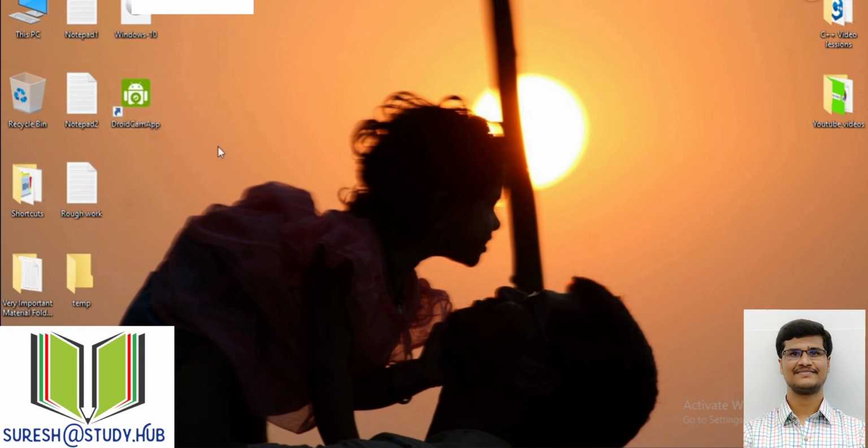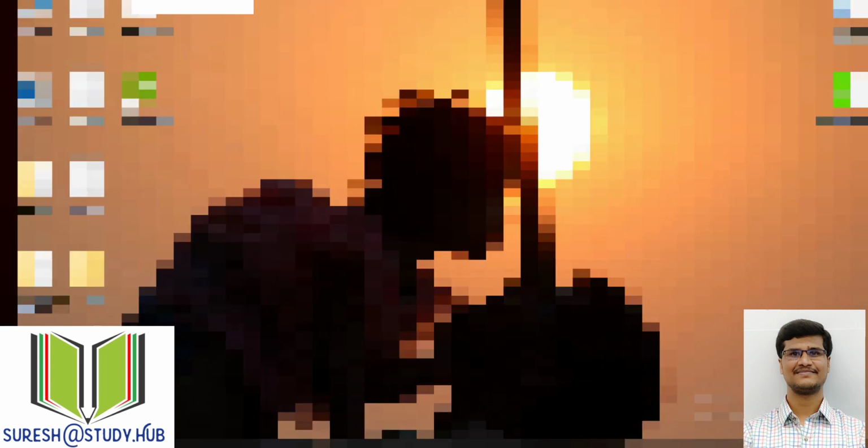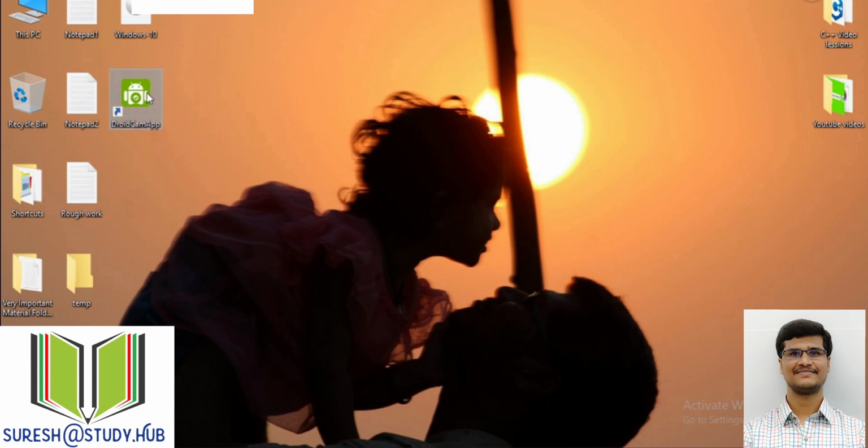So for this one, first you have to connect this mobile phone through your USB cable, and you have to open your DroidCam app in your Android mobile, and after that you have to switch on debugging mode, USB debugging mode in your mobile. That everything is done. So now I will click on this DroidCam app.